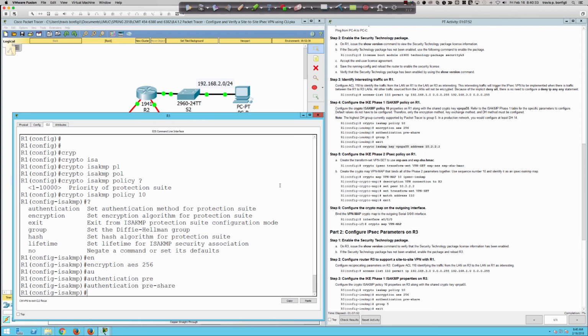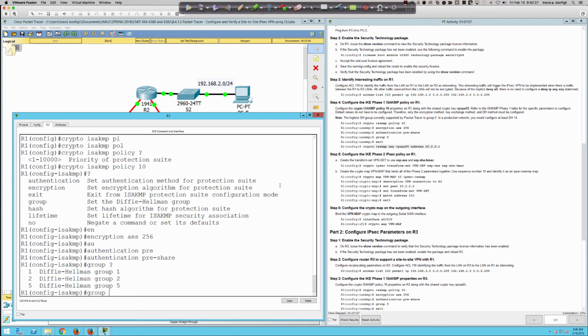And then we get to something that's very important. The Diffie-Hellman group, and I'll do group and question mark, and you can see here. For Packet Tracer, this is great. This is fine for Packet Tracer, right? Because it's all about getting the process down, the muscle memory where, okay, I know I say crypto ISAKMP policy number. I get in here, I set the authentication, I set the Diffie-Hellman group, but maybe I do a lifetime value, I set the hash. For all of my Phase 1 settings,